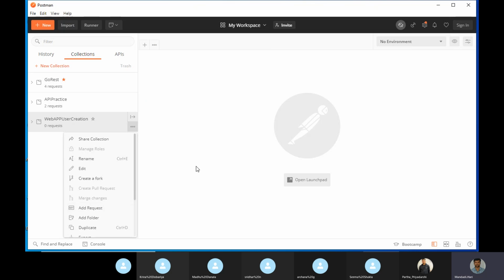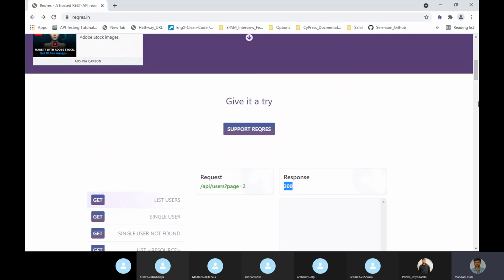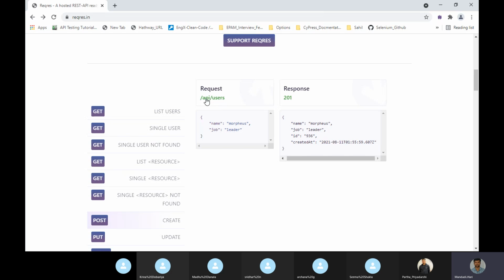Now under this collection, if you see my API endpoints, for this API endpoint I may have 4 to 5 scenarios or test cases. Suppose for user creation, I may have 6 to 7 test cases.